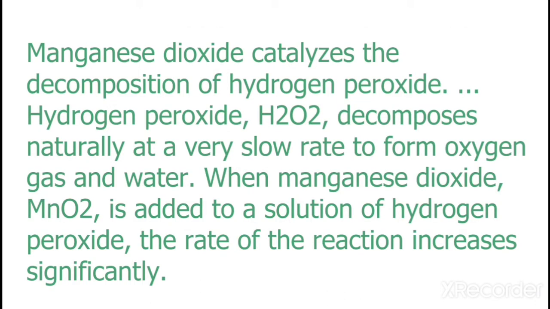Next, another example given in our textbook is hydrogen peroxide, H2O2, which slowly gets converted into water and oxygen if left alone, but the reaction takes place quickly in the presence of manganese dioxide. If we add some manganese dioxide into the hydrogen peroxide, it will decompose to form water and oxygen speedily. That means the reaction speed is increased and the manganese dioxide remains at the end. The manganese dioxide is a catalyst for the reaction.